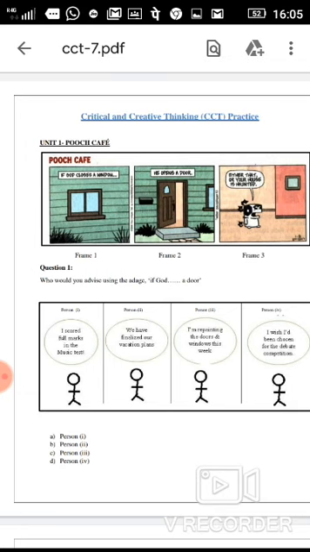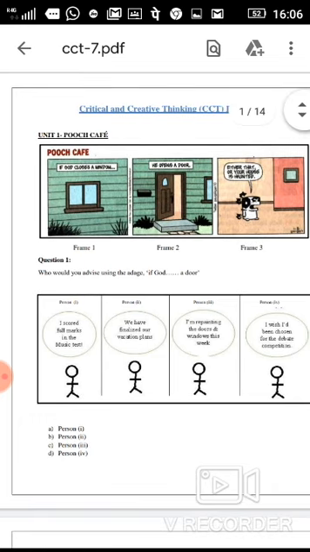Okay, first you solve CCT 6 and then CCT 7, or it's your choice. If you want to do CCT 7 first, then you can. Then write your answers on a paper. So options are there, na?